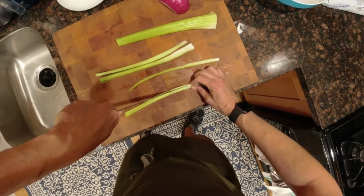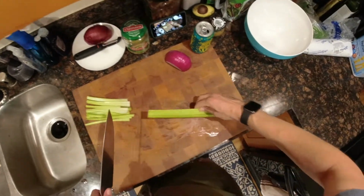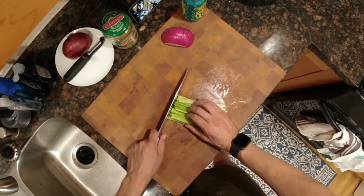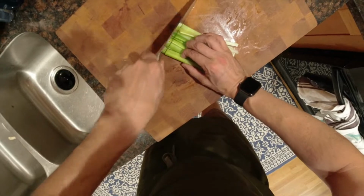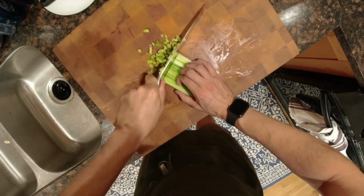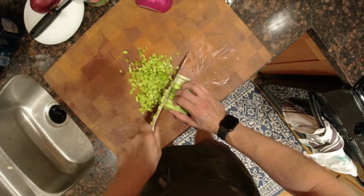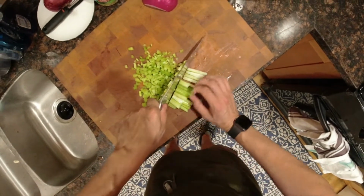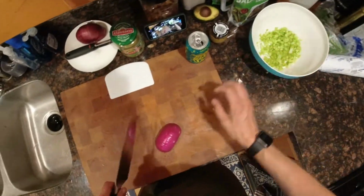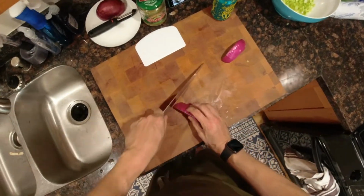Cut it like that. Can't believe I'm making this potato salad again. It's so good. Okay, so again, we're gonna do a nice little So I love celery, and I don't know about you guys, but absolutely love it. So what I'm gonna try to do is just to make this onion